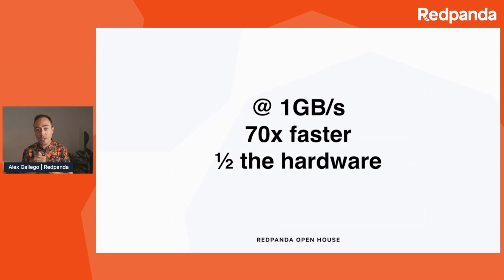3 weeks ago, we took this open source benchmark that is used by everyone in the industry for every project, whether it's Pulsar or Kafka or Redpanda, to try and say, let's take an unmodified client code and then let's point it at Redpanda just to see how it performs. And at 1 GB per second, and there is an entire session on this, so I highly recommend everyone to tune into Tristan, a deep dive into the 1 GB per second workload. We proved that at 1 GB per second, Redpanda uses half of the hardware and is 70 times faster at